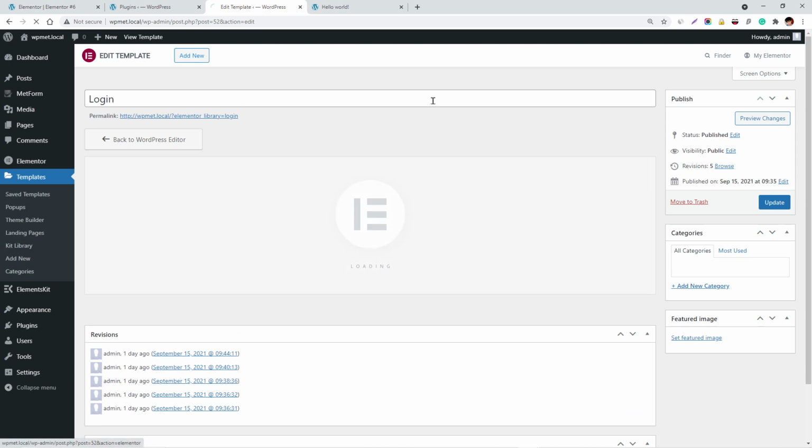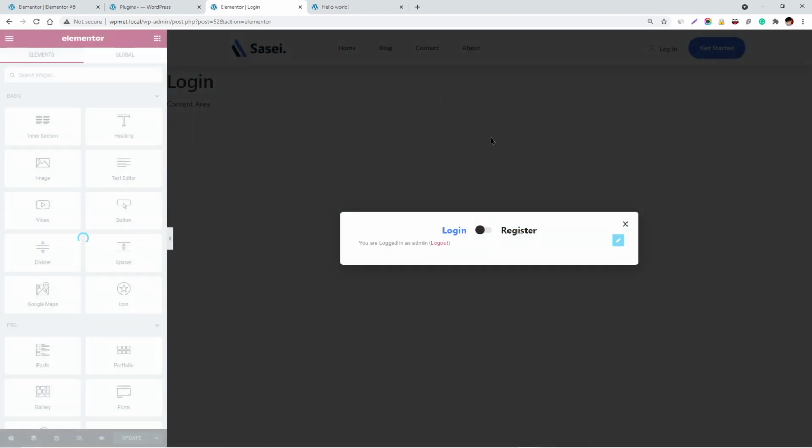Let's open it with Elementor and let's see what customizations I have done on this. Let's wait for a couple of seconds so that it can load all the widgets in my panel. And yeah, it's loaded now, and I can see that there are some borders in my pop-up.